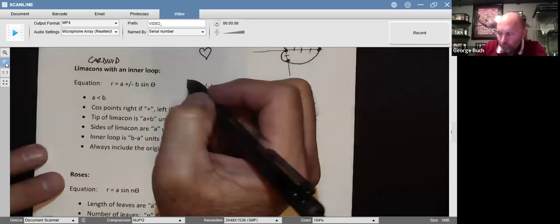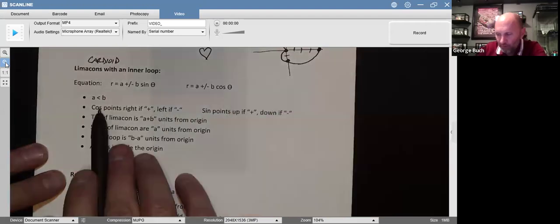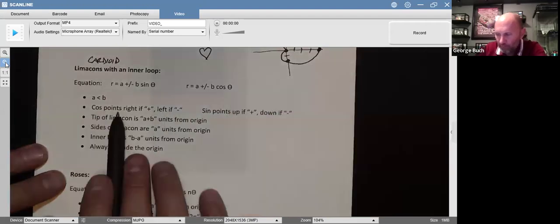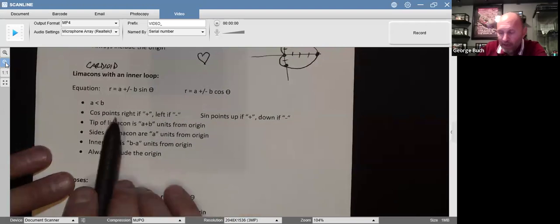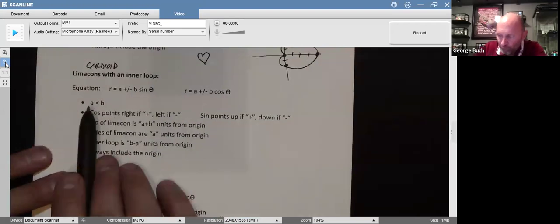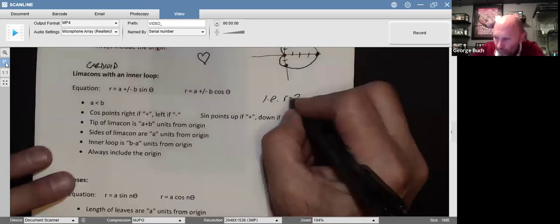So all the same stuff sort of applies. Cosine is left, right, sine is up, down. The difference here is that A and B are not equal now, and A is actually less than B. So say, for example, I have something like